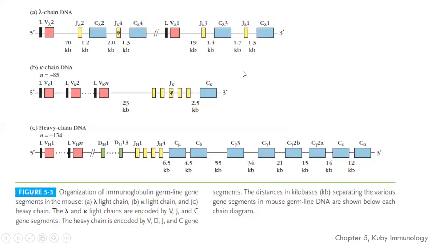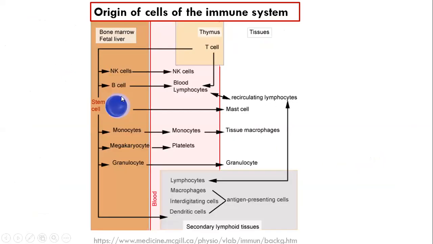So this is the basic gene structure, the gene segments that have been established in the B cell during the initial immature steps of development. Why am I talking about the development of the B cell again? Because of the origin of the immune cells, where they originate and where they travel. And we know that the B cell comes from the hematopoietic stem cell.